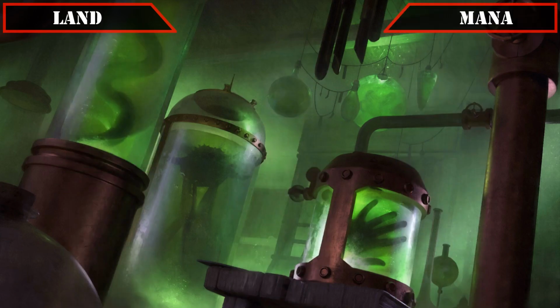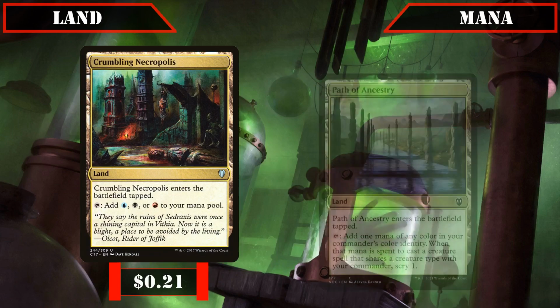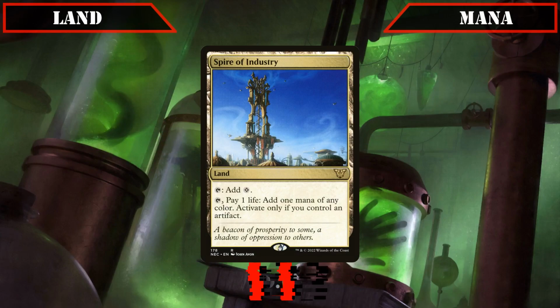Then running down our mana lands, we have Command Tower, which taps for any color in our commander's color identity, Crumbling Necropolis and Path of Ancestry, both of which also tap for any of our colors but come into play tapped, the latter also letting us scry 1 if we use that mana to cast a Human or Artificer, Spire of Industry, which either taps for a colorless or any color instead if we control an artifact and pay a life,